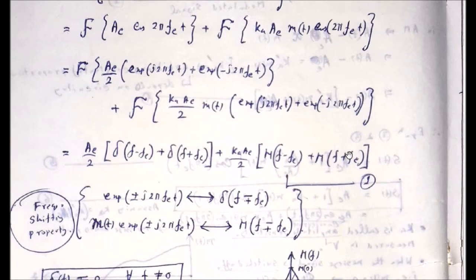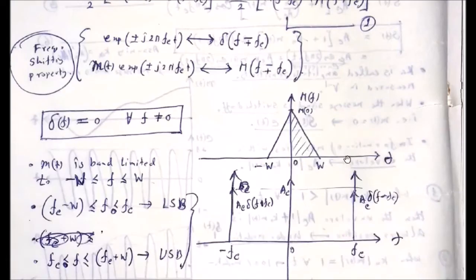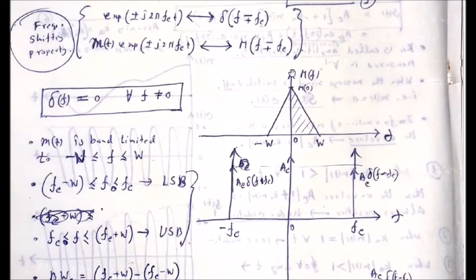If you want to plot the frequency domain graphs, suppose we consider the frequency domain of the message signal M(f). It is centered at 0, with the positive side starting from 0 to W. I have already discussed that the higher frequency component of the message signal I have considered as W. This nature is random, I have chosen it. It is the mirror image. You know that the Fourier transform will cause negative frequency components, which are not physical, but the mathematical representation requires it.